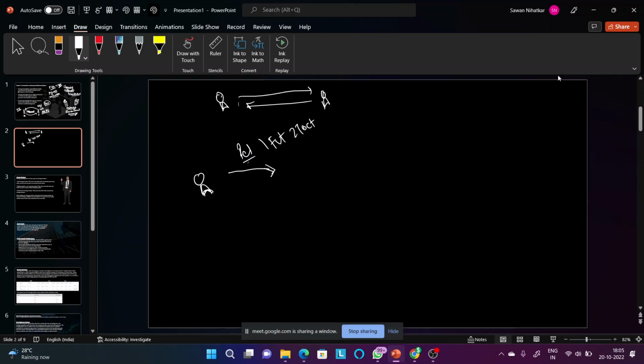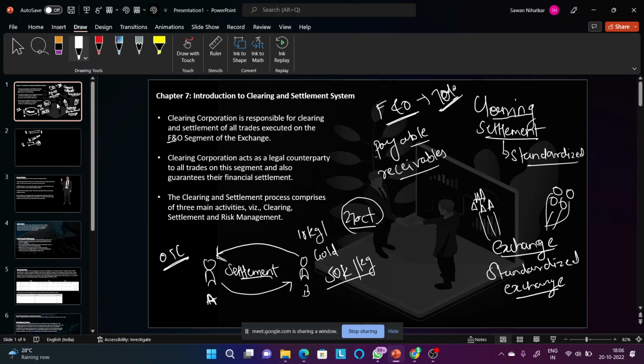In that case, Minal doesn't know who actually is selling this particular contract. She is only concerned with her money and her settlement. So for her, the exchange where she places a trade, mostly the National Stock Exchange, is going to act as a counterparty, and they are going to deliver whatever the obligations are. And जितना भी मिनाल का पेएबल रहेगा, रिसीवेबल रहेगा, उस सब की जिम्मेदारी will be of that particular exchange. So remember this point, it is very important and can come as a question in the exam: who acts as a legal counterparty? The clearing corporation.